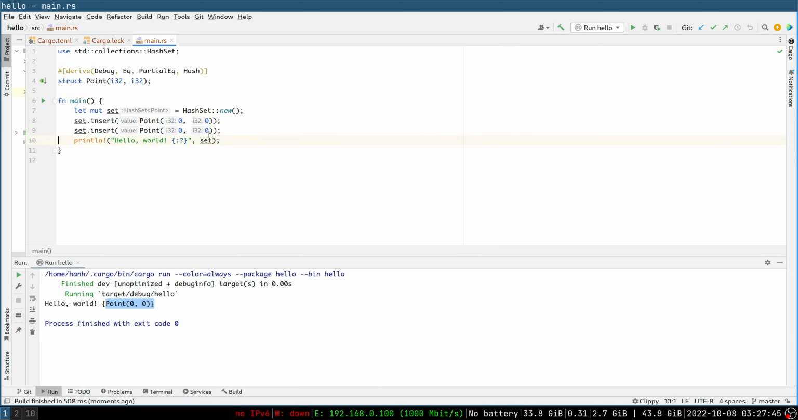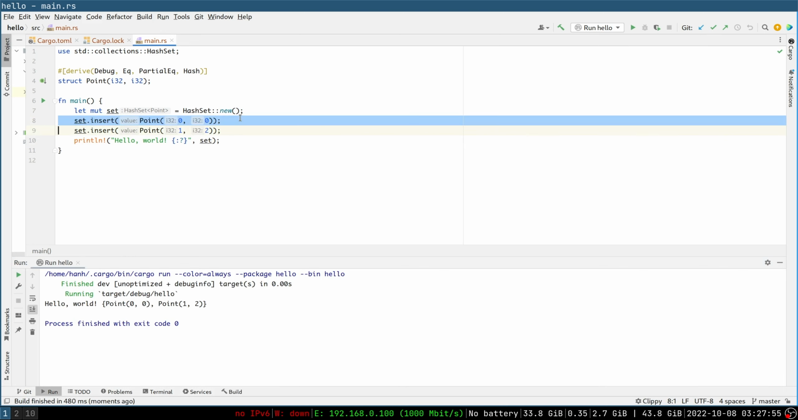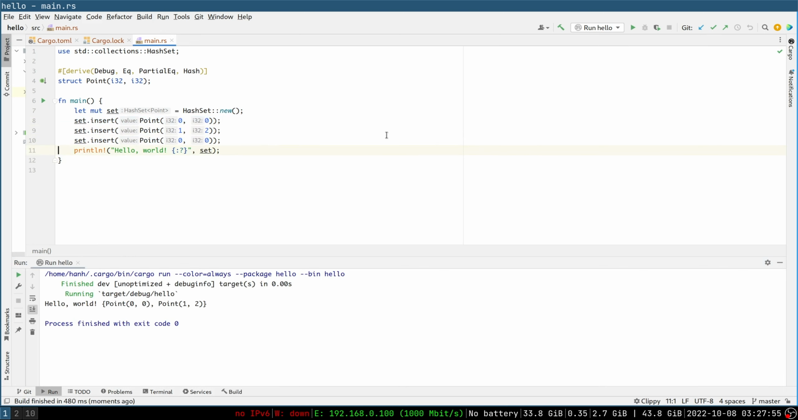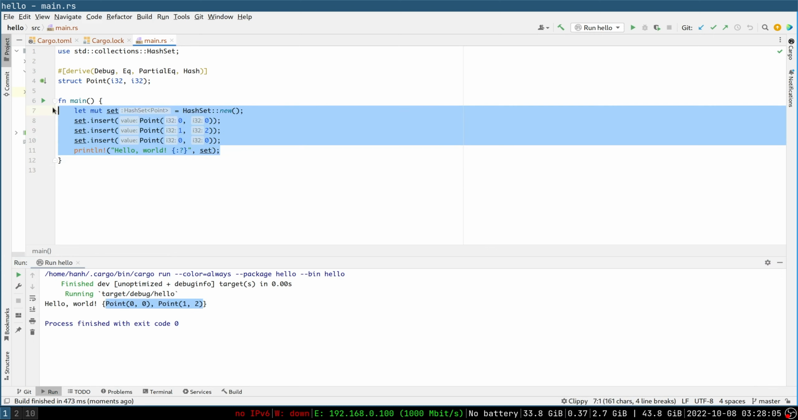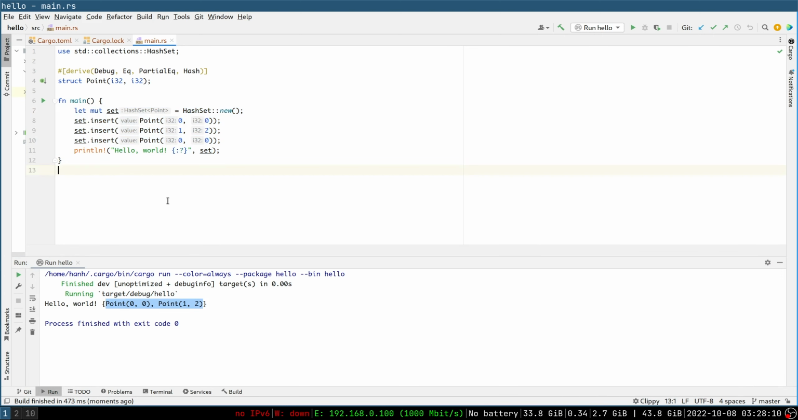And I can test it further by adding other points. So I should have 2 points. And if I add the first one again, this should not be added. And that is working. All right, now that we have the program functionality correctness out of the way,